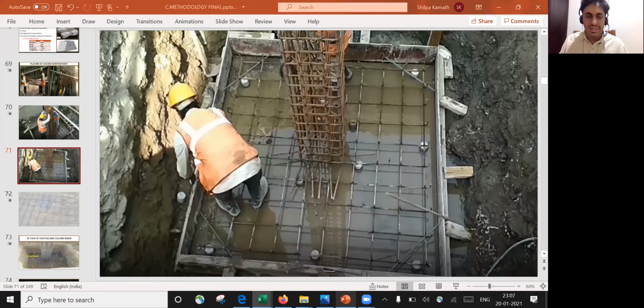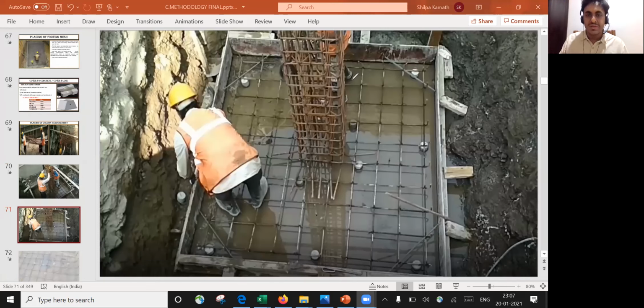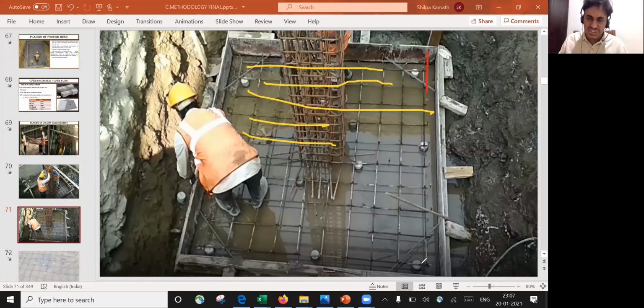So I'll take you to the drawing again. See, whenever I need to find the number of bars in this direction, what I have to do? I have to consider the length in this direction, right? Because this direction length divided by the spacing here is going to give me the number of bars. That is why I've taken the length of the opposite. Always remember, if you want to find for the shorter side, take the longer direction, and if you want to find the number of bars in the longer direction, take the shorter length for the calculation, right?